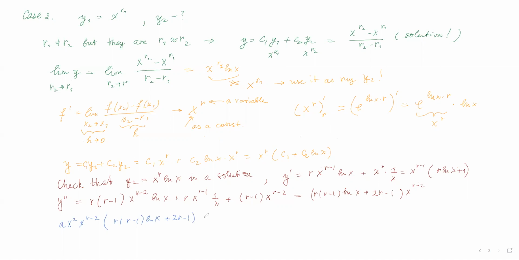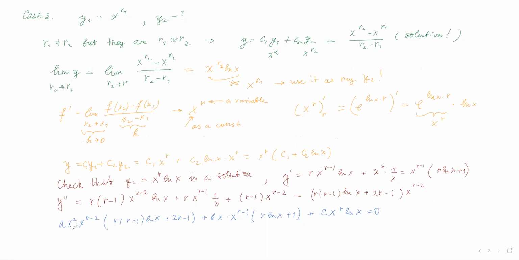Okay, first term. The second term, bx, and for the first derivative I have, why don't I put this x to the power in terms? x^(r-1), I'm writing down this one, r ln of x plus 1, and the last one is going to be just cx, sorry, I keep writing down something wrong, x to the power of r ln of x, equals to 0. Is it going to be equal to 0 or not? Depends on whether it's a solution or not, right?